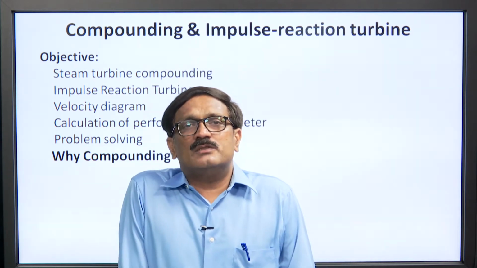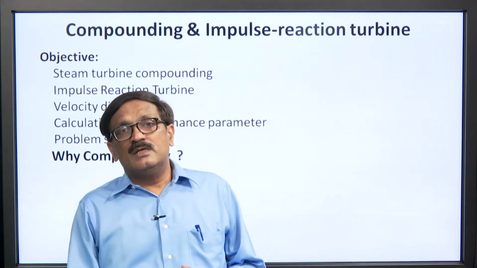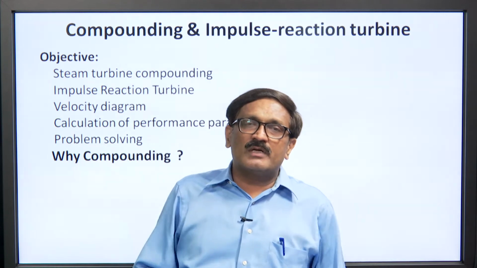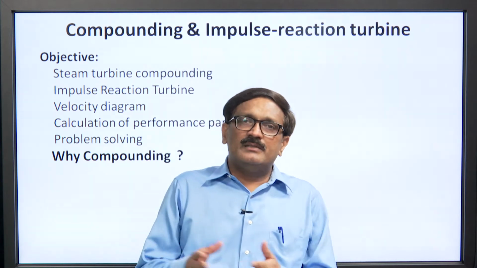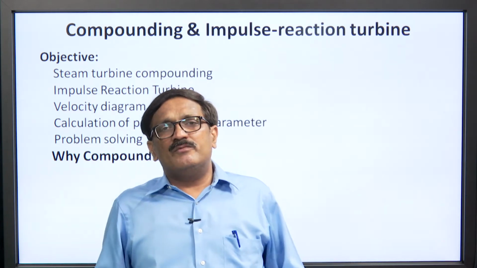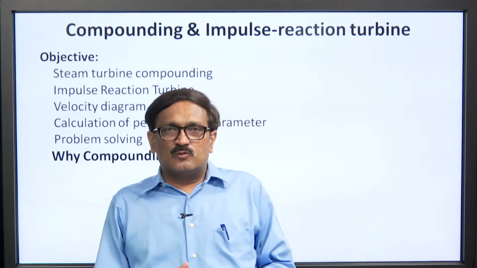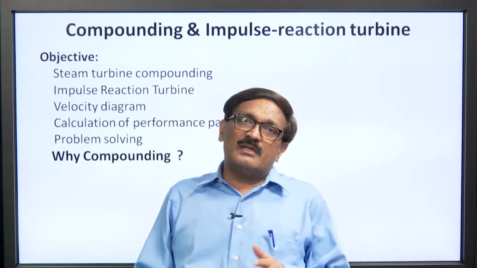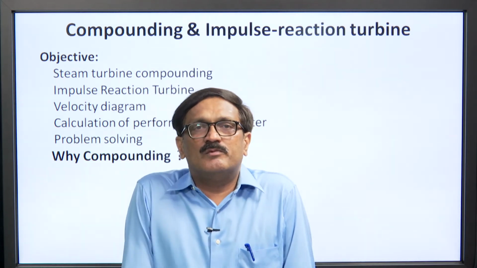When this high-velocity steam passes over the turbine blades, as we discussed in the earlier lecture, the blade velocity should be half of the steam velocity. So the blade velocity is going to be very high. Blade velocity is nothing but pi D N by 60. Either we increase the diameter of the blade, which causes mechanical problems, a very big wheel and too much centrifugal stress, or if we keep the diameter in a limited range, then N, the RPM of the blade, is going to be very high.